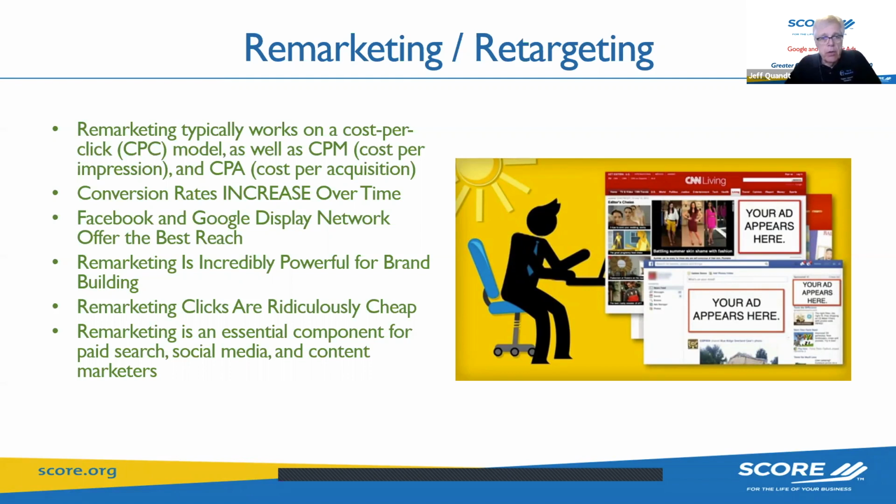And then there's also another term, cost per acquisition, okay? Now, one of the things that happens here is that over time, as your prospect is being exposed to the message, the conversion rates do increase, okay? And where are these mostly done? On the Facebook and Google Display Network, and they offer the best reach. Google Display Network is used quite a bit on all the news sites in different areas. And Facebook as well, because Facebook's got several billion users worldwide, and there's a lot of people that are using